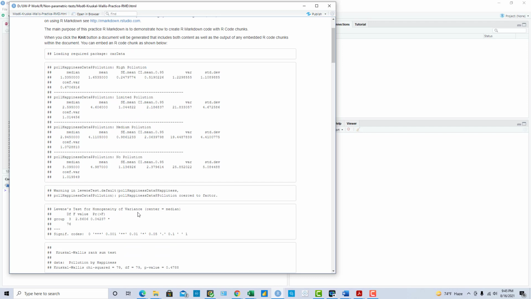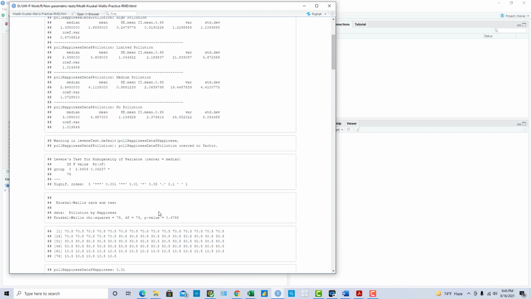And if you look at the Levene's test here, we know that the p-value here is less than 0.05. So we reject the null hypothesis that all groups have similar variances. That is the reason why the ANOVA assumptions are violated. That's why we are going with a non-parametric test, the Kruskal-Wallis rank sum test.